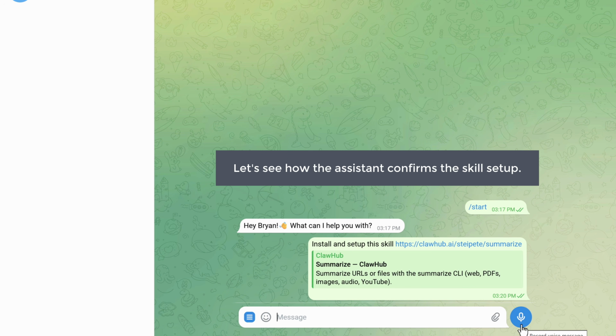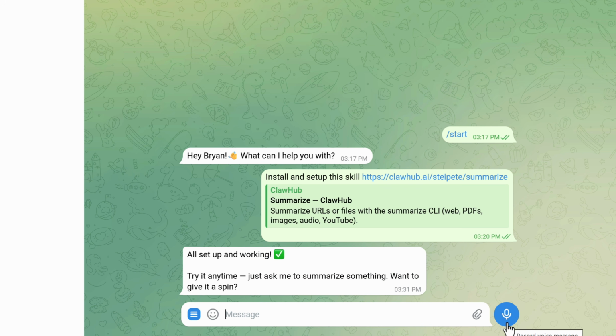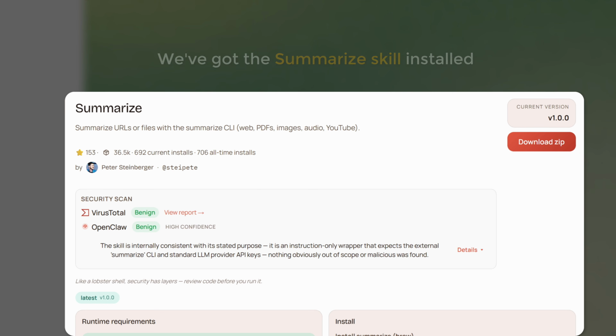Let's see how the assistant confirms the skill setup. And there we go. The bot confirms the skill is all set up and working. It even gives us a quick summary of what this new skill can do. Now that we've got the summarize skill installed, let's put it to work in the next part, where we'll summarize